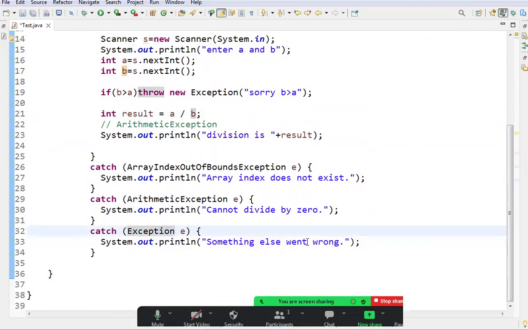So here something else went wrong, and here at the same time you can print E, object E of exception class, which will contain our user defined or custom error message, sorry be greater than A. So here along with this, we can just change the statement like error, and then our error will be displayed. So now if I execute this file,